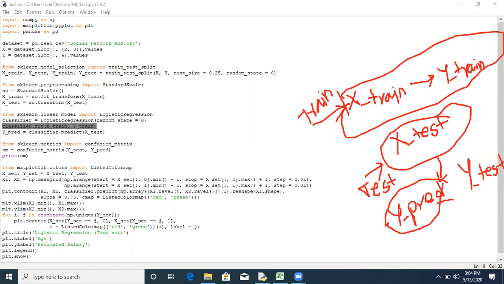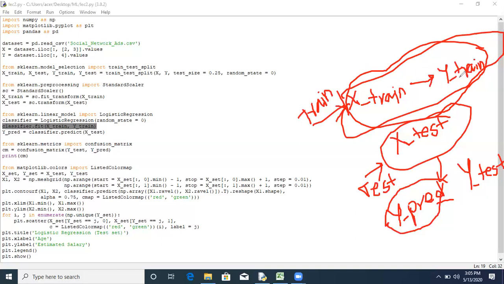So this logic you have to remember in every machine learning algorithm. We will train our model according to X_train and y_train. That means some input we are applying and we are getting some output. This we need to tell the machine. That is nothing but your training. Then how to perform testing or prediction? We will apply some input, that is X_test. Then the system will generate the output according to what the machine has learned from the training part.